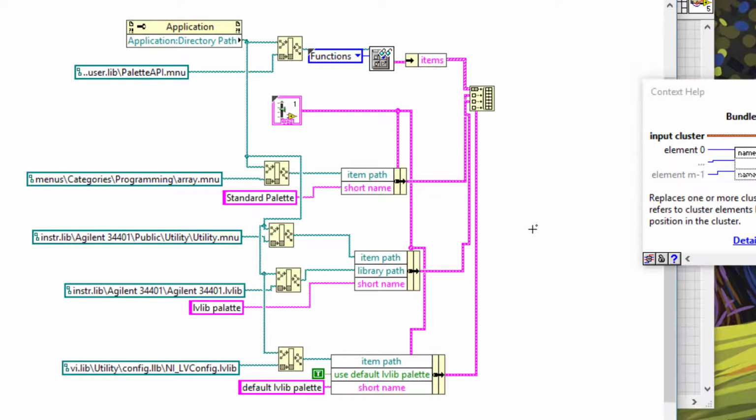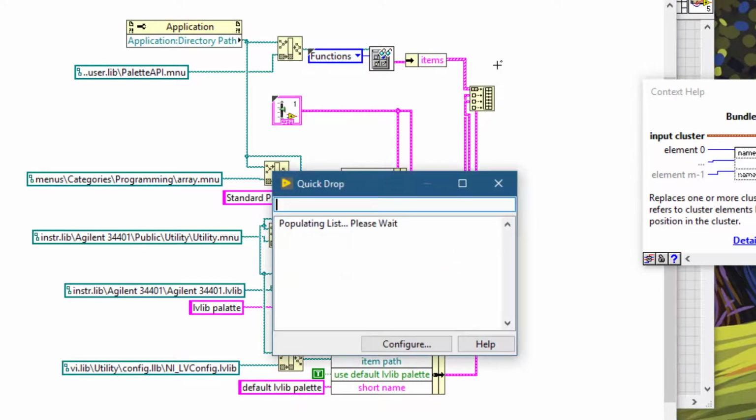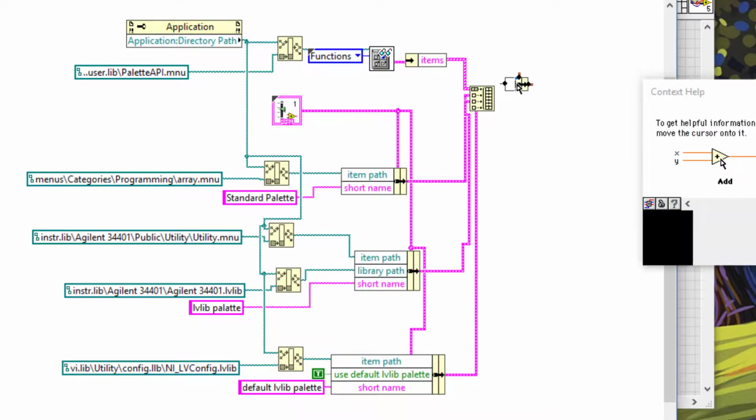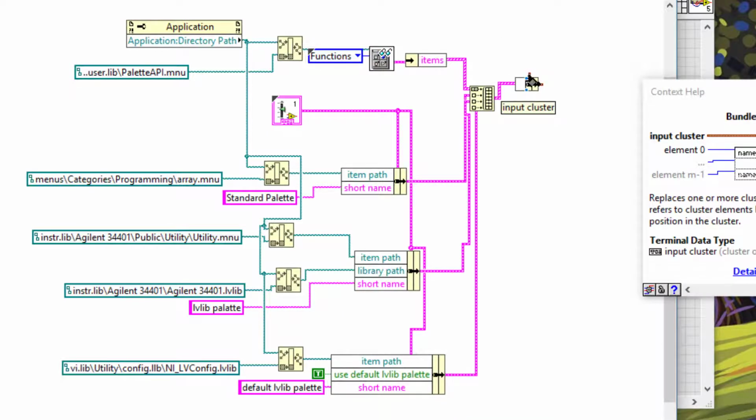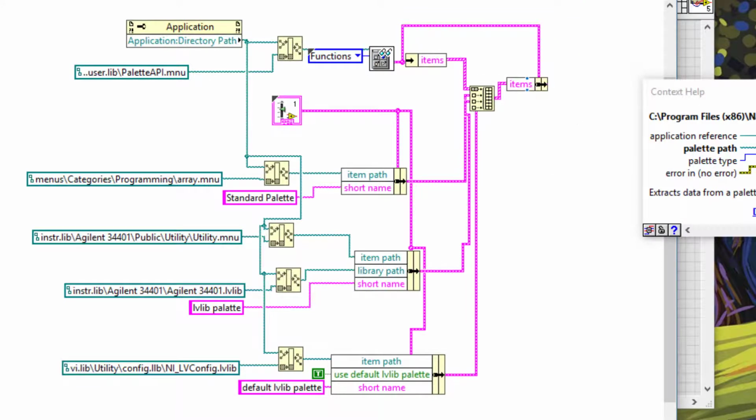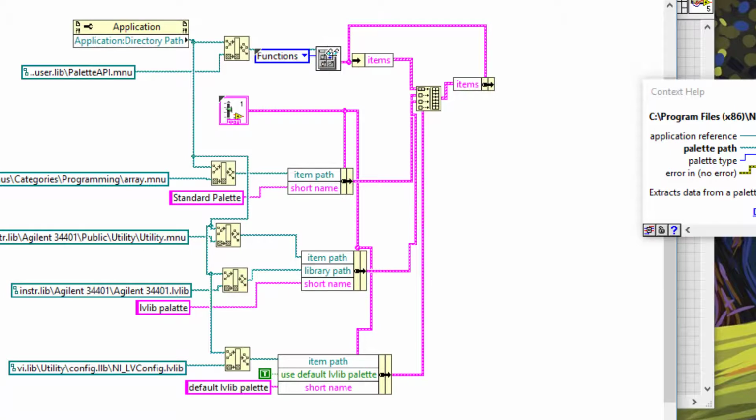Next we will be unbundle. We will be bundling it. Let's connect this input cluster to this one we extracted earlier. Let's set it to items, and we will be bundling this back, this change and the change array with 3 more items for subpalette back into the